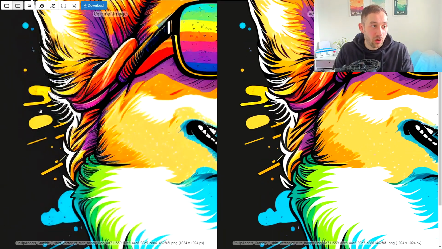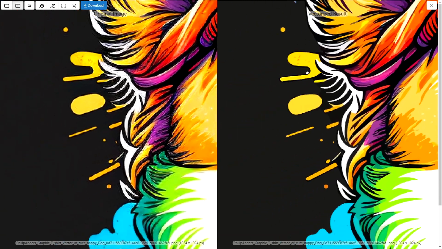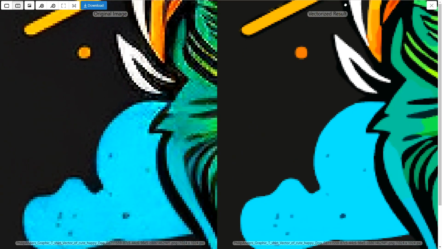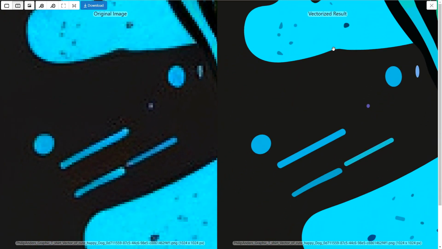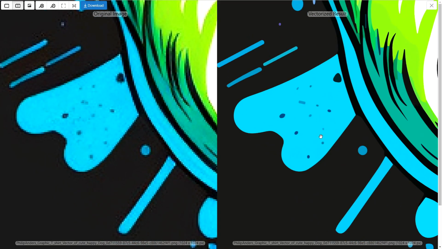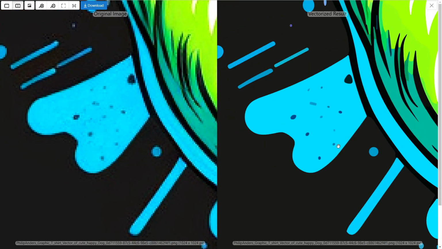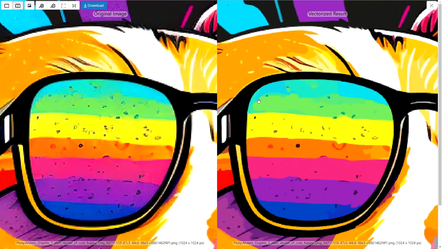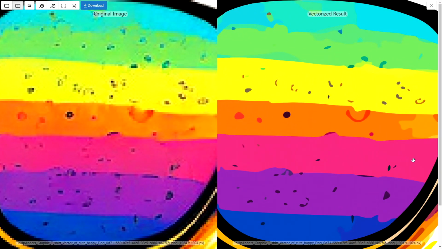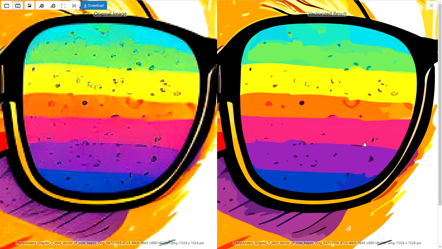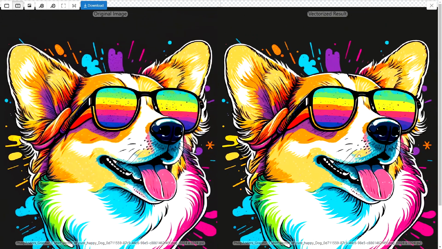And if we zoom in now, I might actually hide my face for this bit because it's just too amazing. You can enjoy the beauty of this. If we zoom in now, you can see on the left hand side the before, and on the right hand side the after, and the result for the vectorized format is just amazing. It's exactly what you'd want it to be. It's gotten rid of all of the pixelated horrible blurriness around the edge as well, and just turned it into a perfect vector basically. And if we zoom in on different sections like the sunglasses, it just does a really good job of smoothing out the path without creating lots of useless objects to resemble the pixelation,